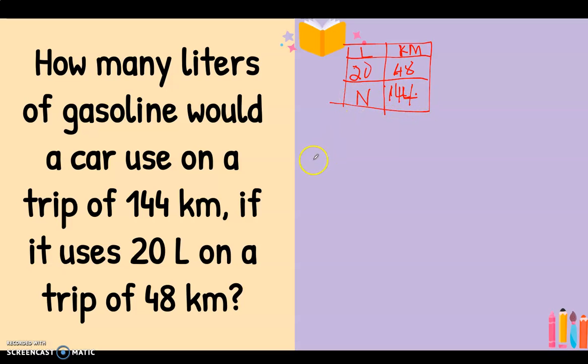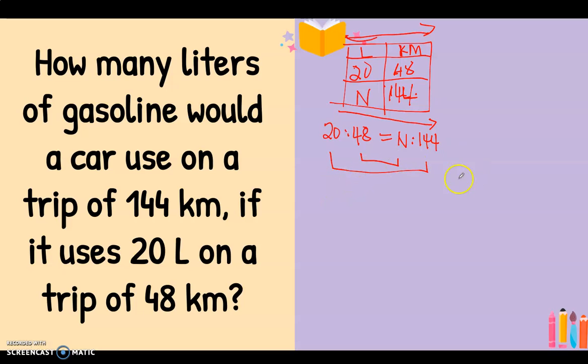So if you're going to write it in column form, all you have to do is write it in one direction going here. We have 20 is to 48 is equal to, going the same direction, n is equal to 144, so that you will not get confused on where the liters and the kilometers are. So you make a table for the liters, for the kilometers, or whatever is given, and it's already in column form, so you follow the step, which is multiply the product of the means and the extremes, then equate